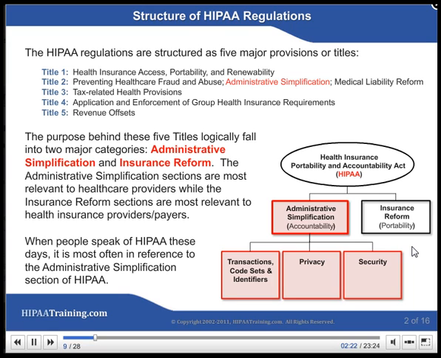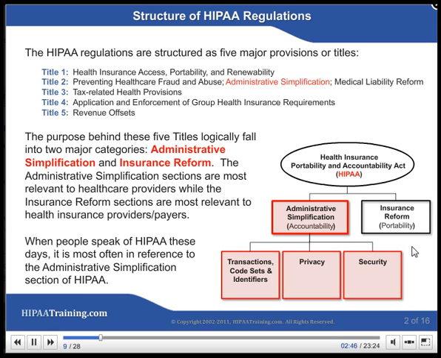Title 3. Tax-Related Health Provisions. Title 4. Application and Enforcement of Group Health Insurance Requirements. Title 5. Revenue Offsets. The purpose behind these 5 titles logically fall into 2 major categories: administrative simplification and insurance